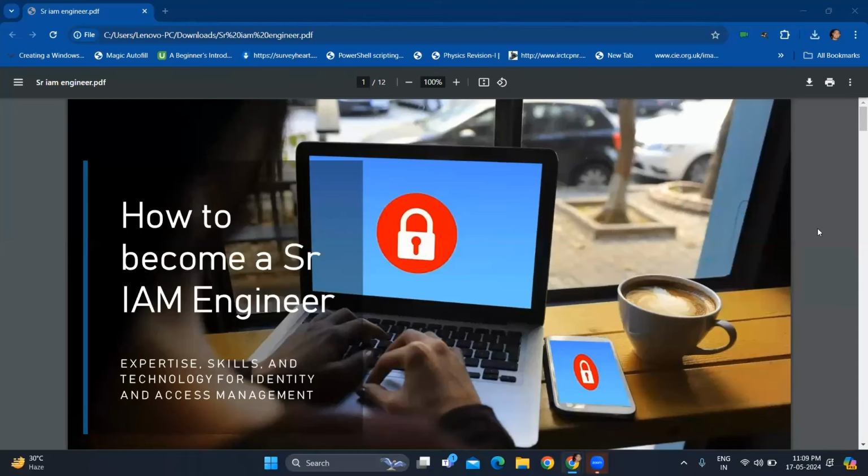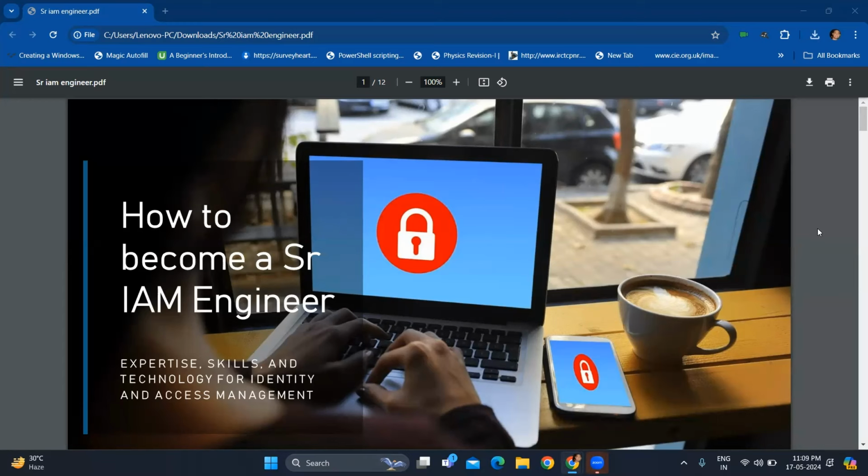So, first of all, there are a lot of roles and responsibilities around an IAM engineer. Most of them are basic, like how do you install, configure, set up, support, level one issues, all of this, right? So most of the time it is restricted to one layer, which is the tool level or the tenant level. There is nothing beyond that. Everything is defined for an engineer. You just go, understand, execute.